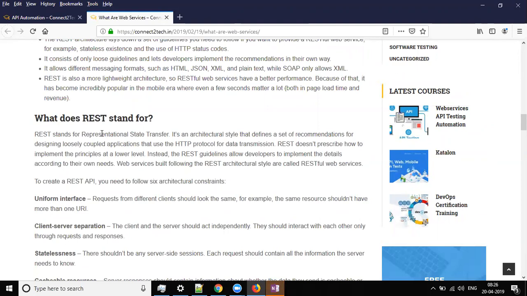Now, REST stands for Representational State Transfer. It's an architecture style. I mean, it is not a protocol, it is not a guideline, it is a specific architecture which has to be followed. So it's an architecture style that defines a set of recommendations for designing loosely coupled applications that use the HTTP protocol for data transmission. Now, what does it mean? It means that